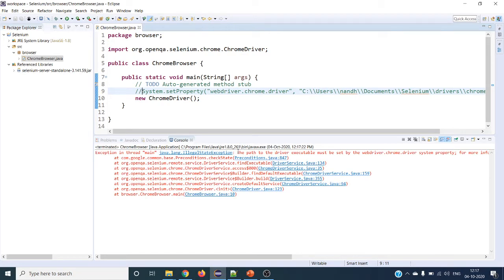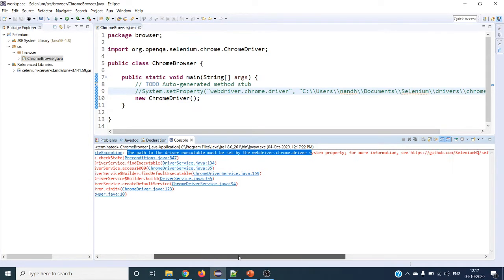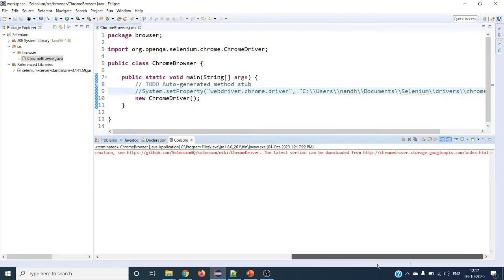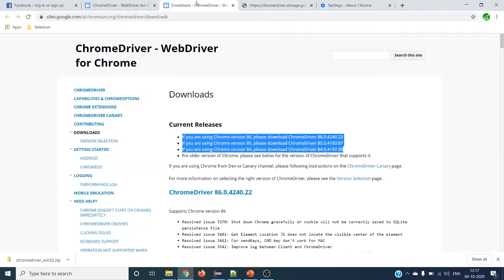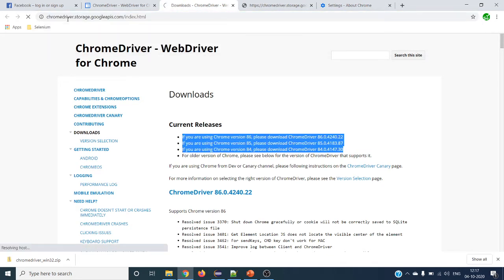You can see here the path to the driver executable must be set by the webdriver.chrome.driver. Right. It will also give you the right instruction on where you can go and download. The latest version can be downloaded from this website, so you can directly download it from here. It's directly the Chrome drivers. This site and whatever it is giving, both will be same.